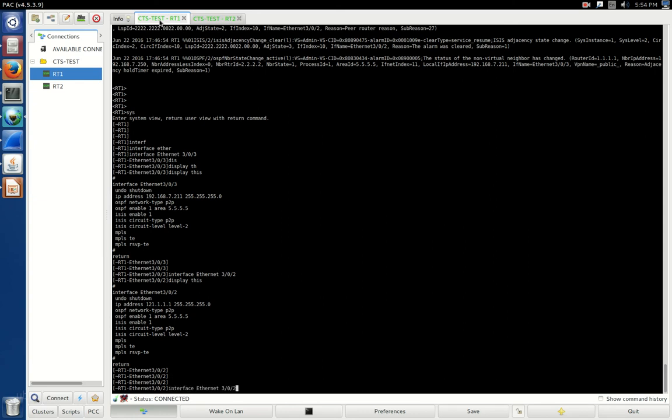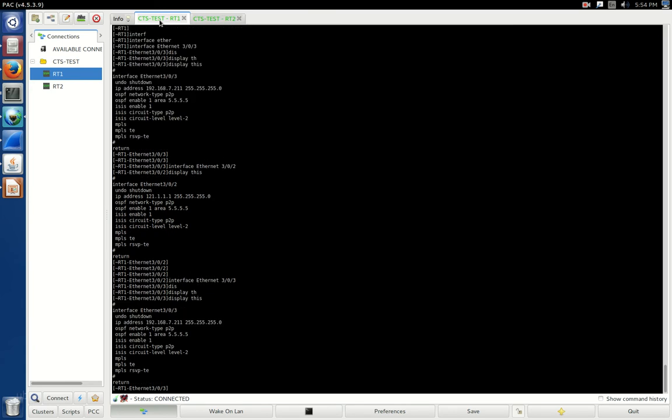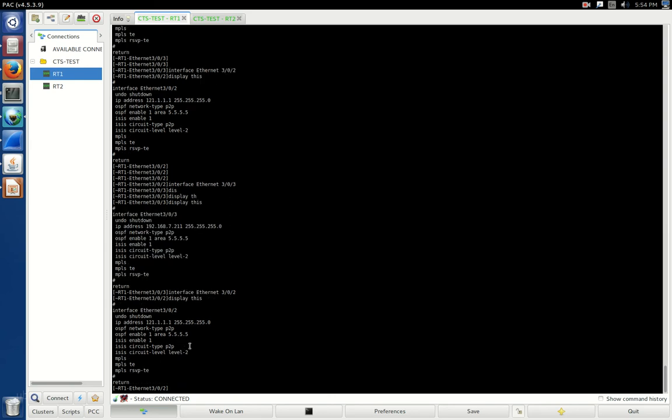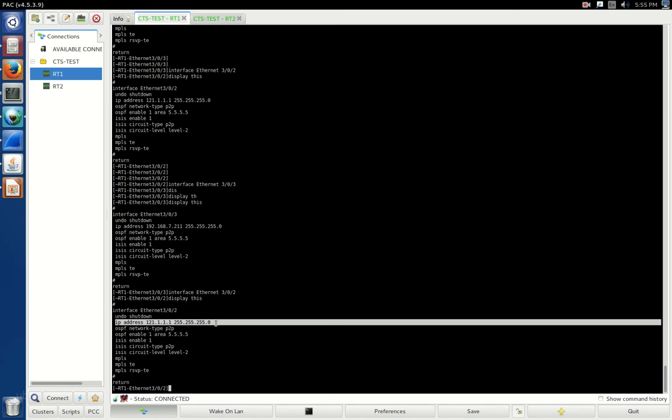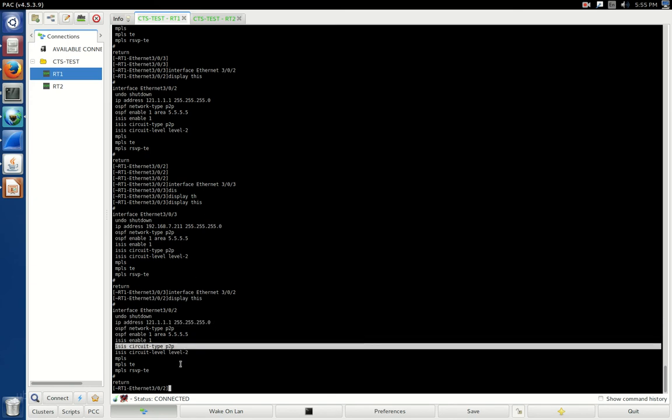SVRP routers as well, in which we have 2 interfaces. Here we have one interface in the 192 network, connected to ONOS, and it is in the point-to-point network. As you can see, we have another interface in the 121 network, connected to RT2, which is another Huawei SVRP router, and this is also in the point-to-point network.